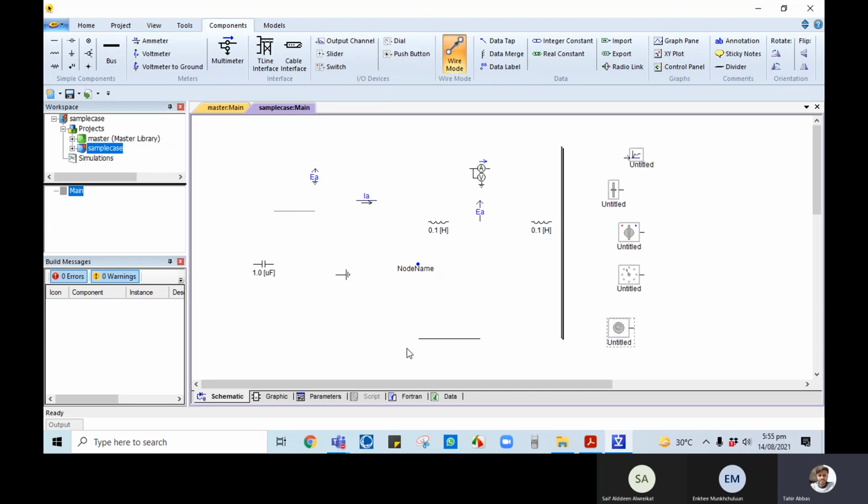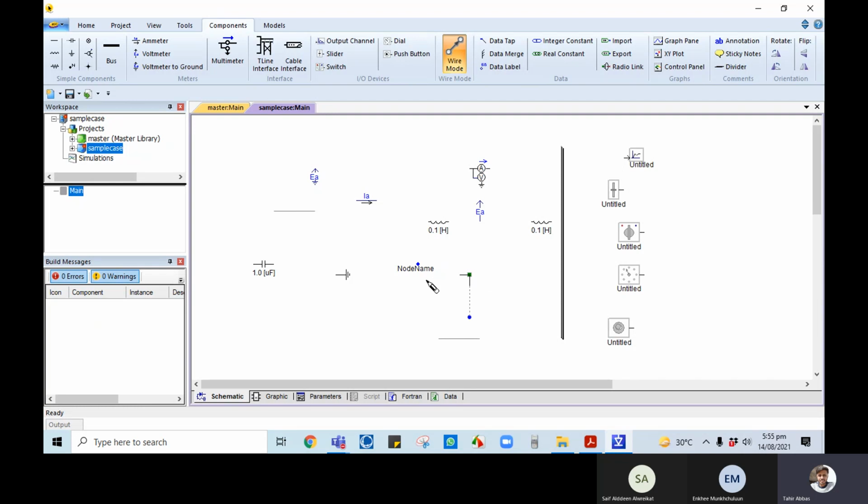So we will see different ones. If we click on this wire mode, this pen will be shown. In order to finish this wire mode, just press escape button, so that wire will be available. If we want to go and then right click, that will be finished.